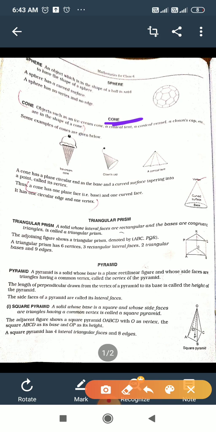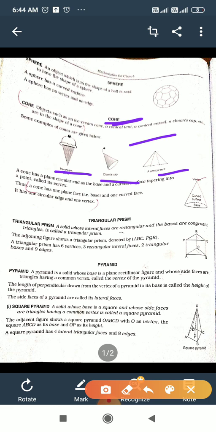Next is cone. Objects such as an ice cream cone, a conical tent, a conical whistle, a clown's cap, etc. are in the shape of a cone. Some examples of cones are given below: ice cream cone, conical tent,